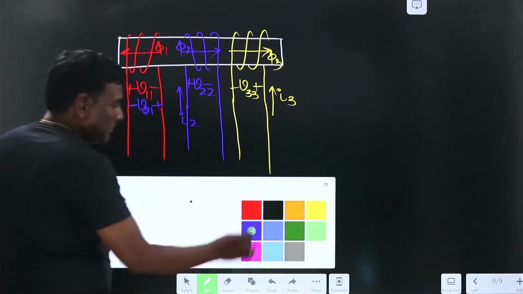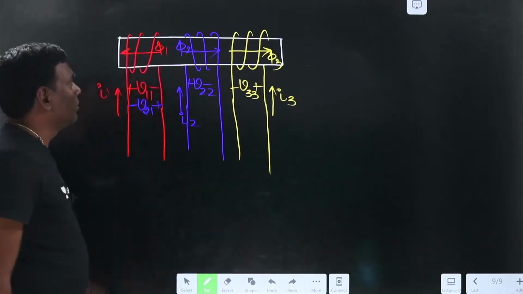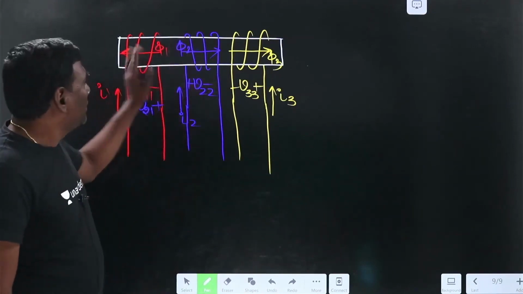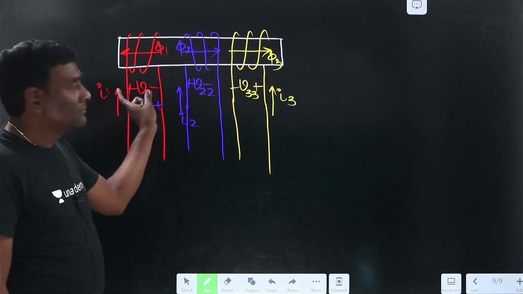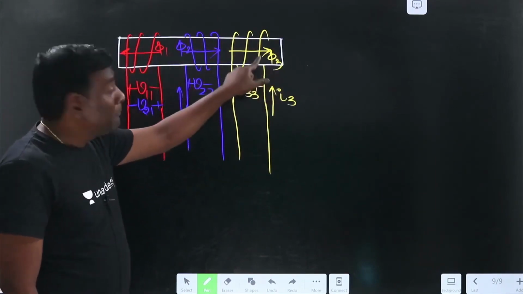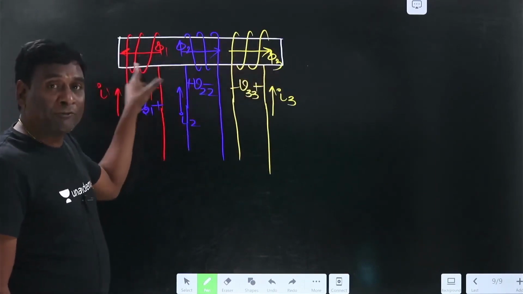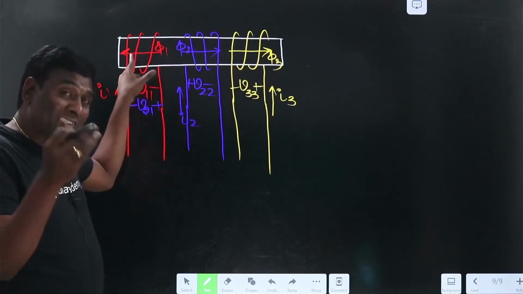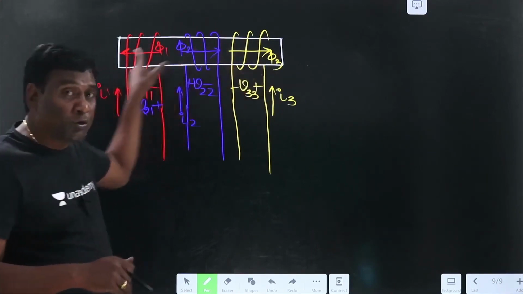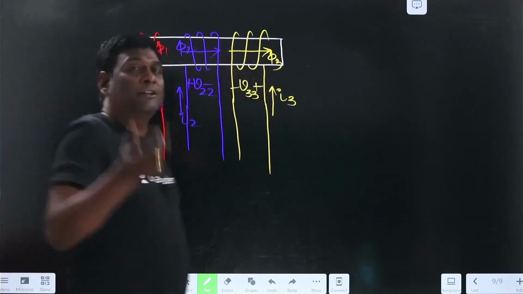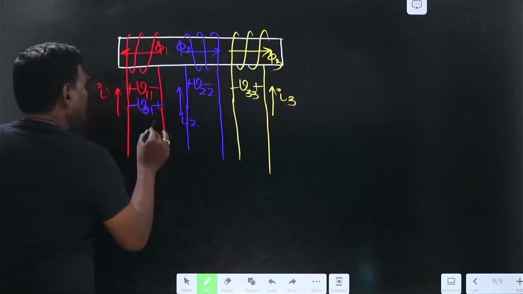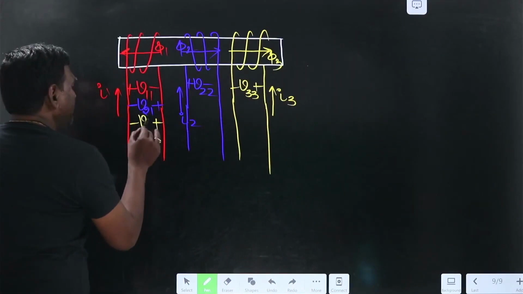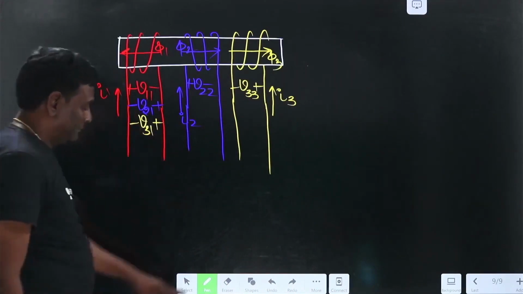Okay, now let me think of yellow. Now forget about pi 2 and pi 3 combinedly. When pi 1 is in this direction, induced voltage is like this. Now let us consider pi 3. Because of pi 3, with respect to pi 1, net magnitude of flux is reduced. So because of pi 3, induced voltage should be there here, and that should be against the self-induced voltage. So here plus minus because of 3 in 1.